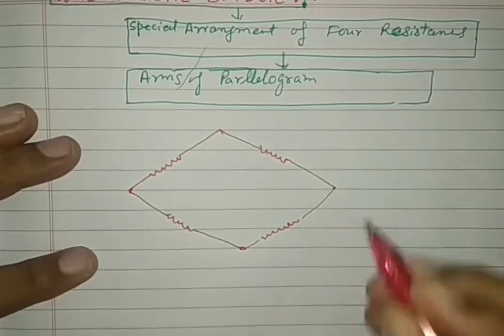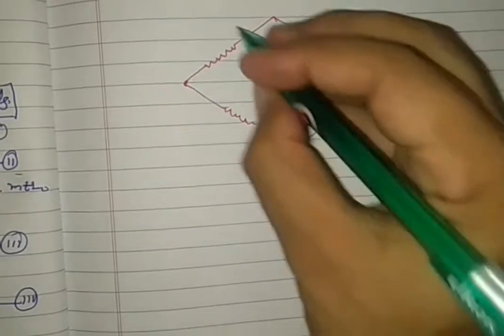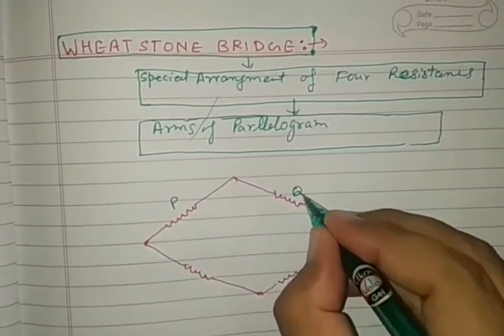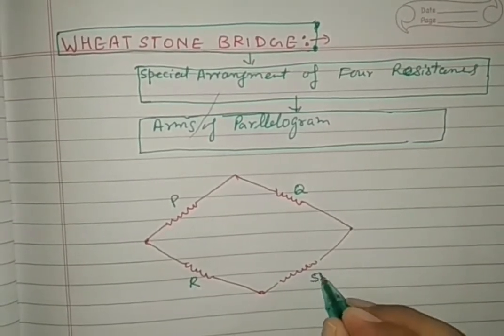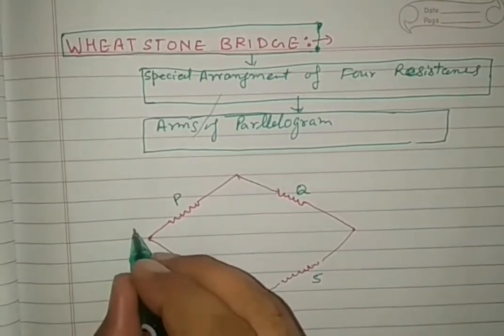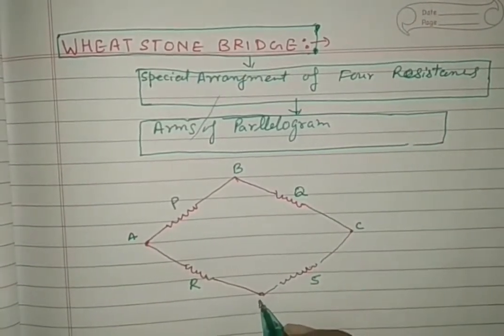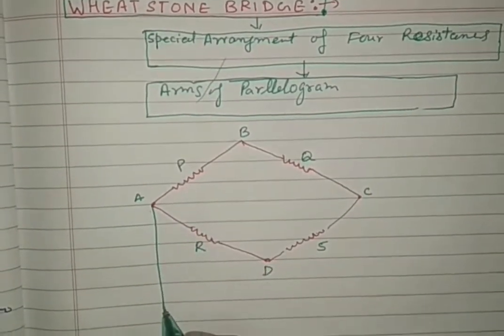Here four resistances are connected according to the arms of a parallelogram. We name these resistances P, Q, R and S. The terminals are named A, B, C and D. Between terminal A and C, see in the diagram very carefully,